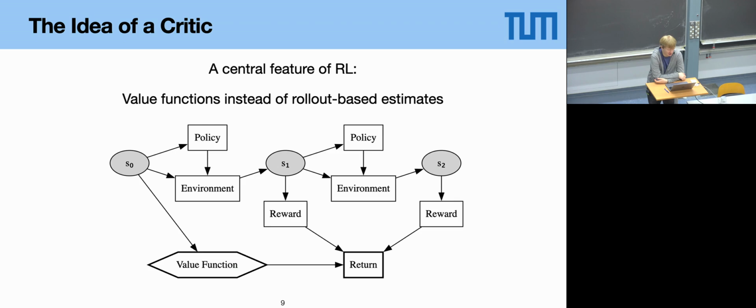You can think of it as sort of a computational shortcut. Instead of doing hundreds of environment steps to have an idea of how good it is to be in that state, you can just ask that value function, and it's just one network call then, or one model call. But it has, of course, to be learned. And maybe a last word on this drawing: the return that you can see on the bottom is just another word for the sum of rewards. And this is what the value function outputs, the sum of rewards or the return that you can expect.